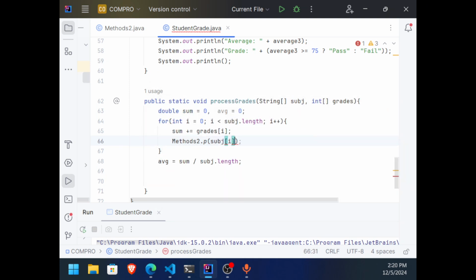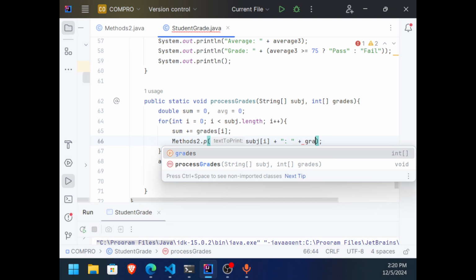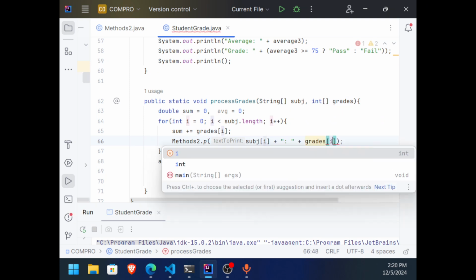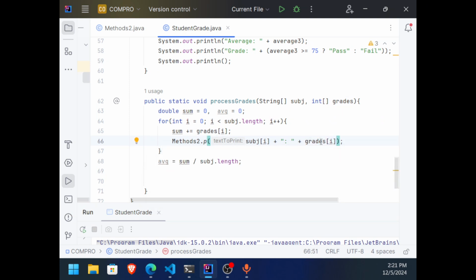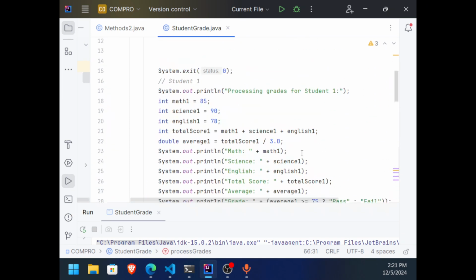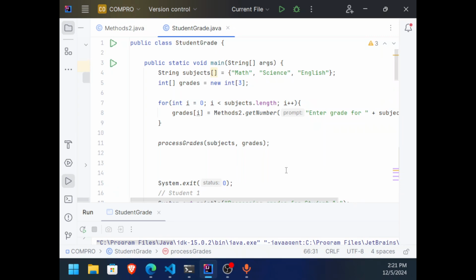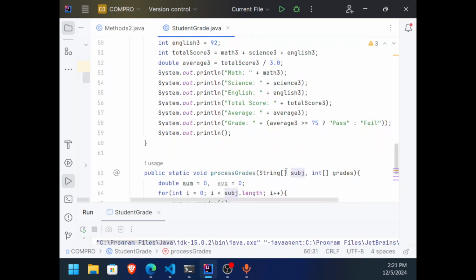at I, okay, class, colon, tapos ilagay natin dito yung grades niya, which is grades at I. Okay? And then of course, do not forget to add set \n kasi print lang yung ginamit natin kay P. Okay? Huwag niyong kalimutan yan. That's that one. Tingnan nga natin dito kung meron pa tayong kailangan lagyan. Okay, wala na. Yan lang.